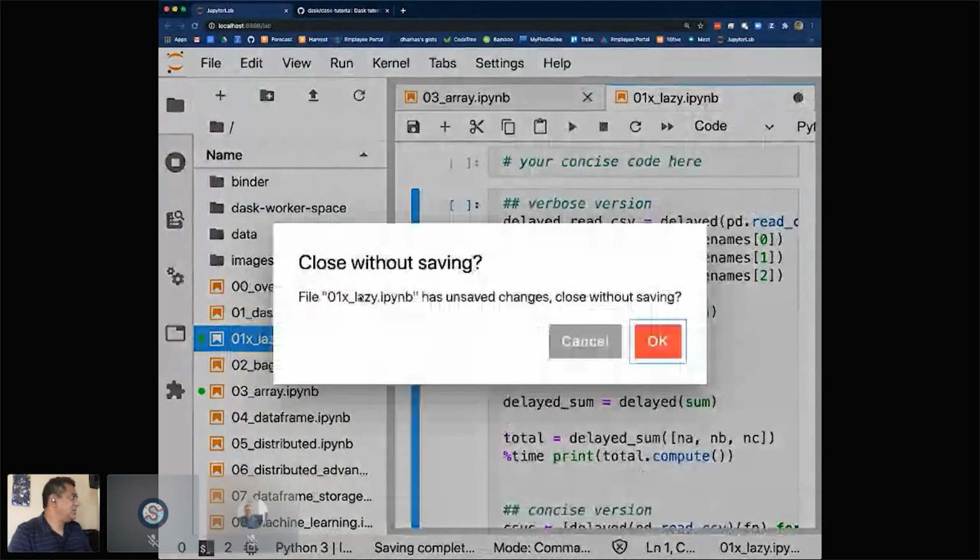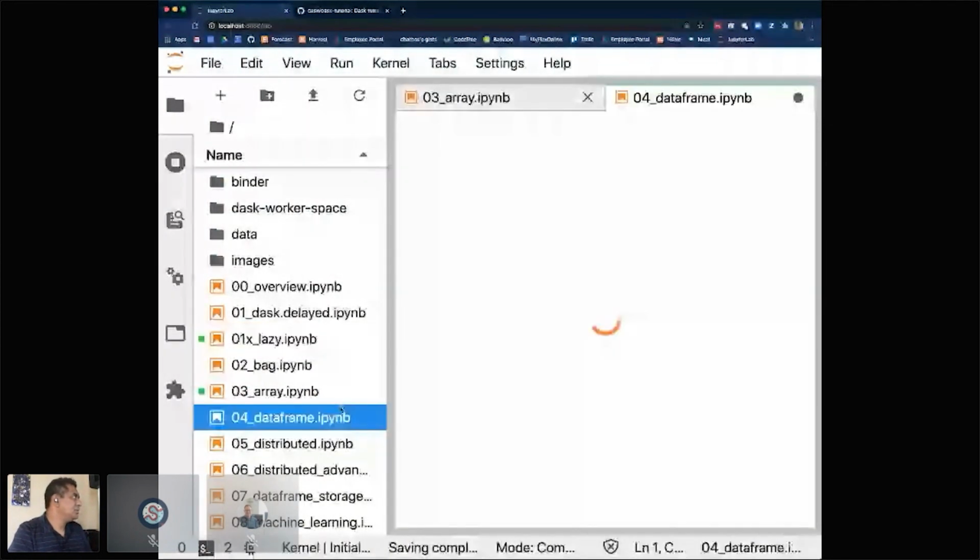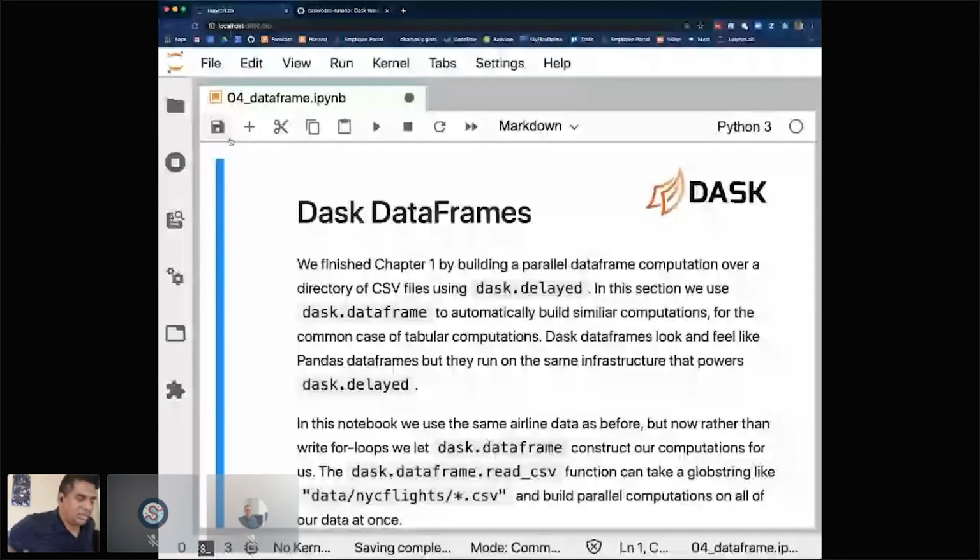Okay, so now I'm going to open the DataFrame notebook, and Dask data frames are the equivalent distributed version of Pandas data frames, similarly to how we built Dask arrays on top of NumPy arrays. So in chapter 1, we did a parallel data frame computation over a directory of CSV files using Dask Delayed. That is a really annoying way of doing things, and what I'm going to show you is a much simpler